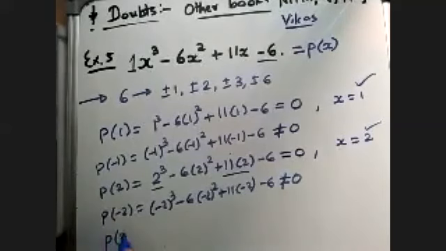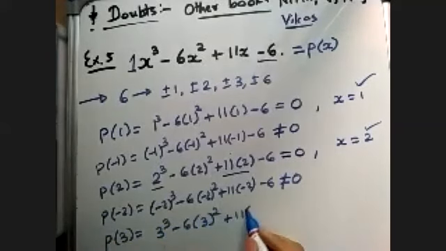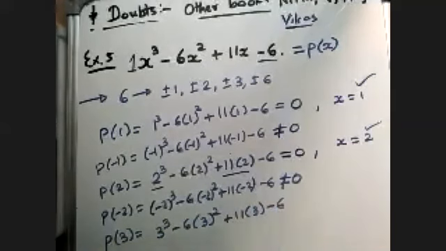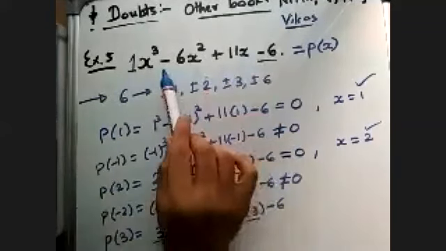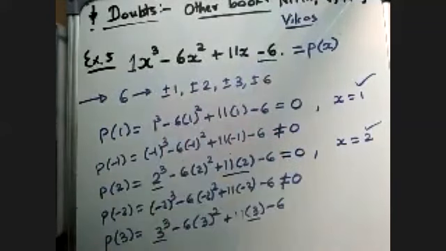Now let us check for x equal to 3. So 3 cube minus 6 times 3 square plus 11 times 3 minus 6. So it is 27 and 33. Their sum is 60. 3 square is 9. So it is the same question that we have done in the earlier case. But in the earlier case, all the signs were positive. Here these two signs are negative. So in that case, we had all the roots x equal to minus 1, minus 2, minus 3. And here, this is also 60.